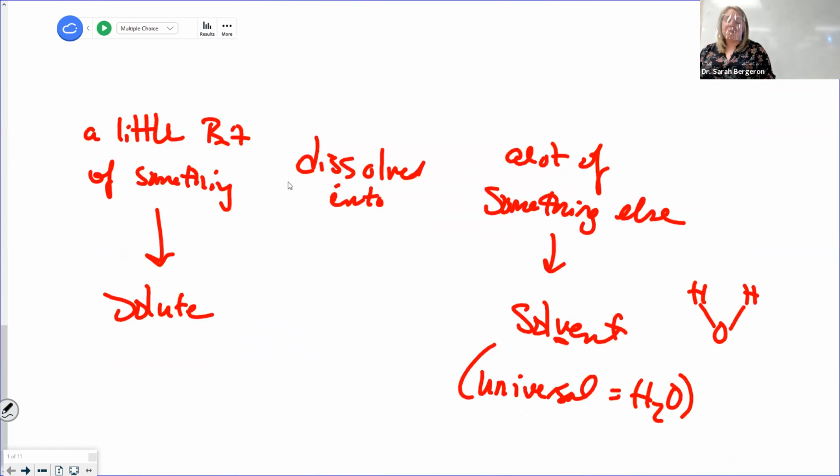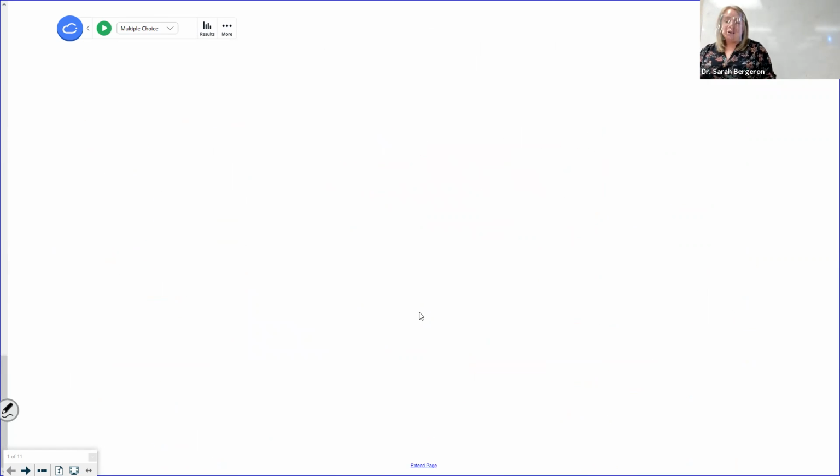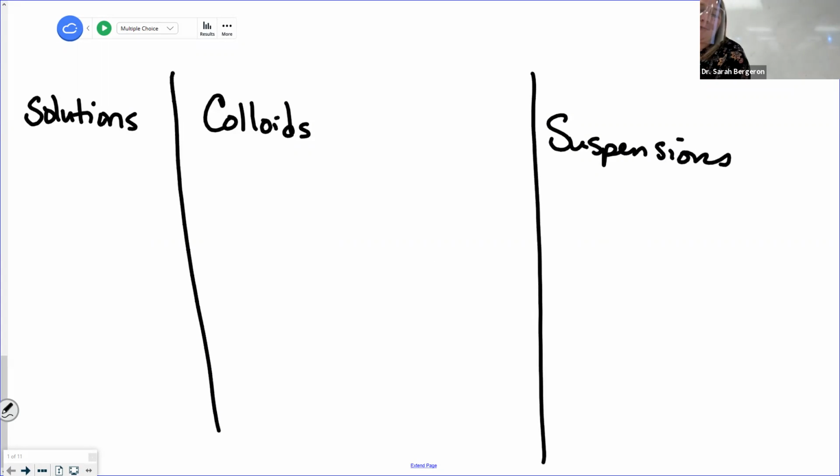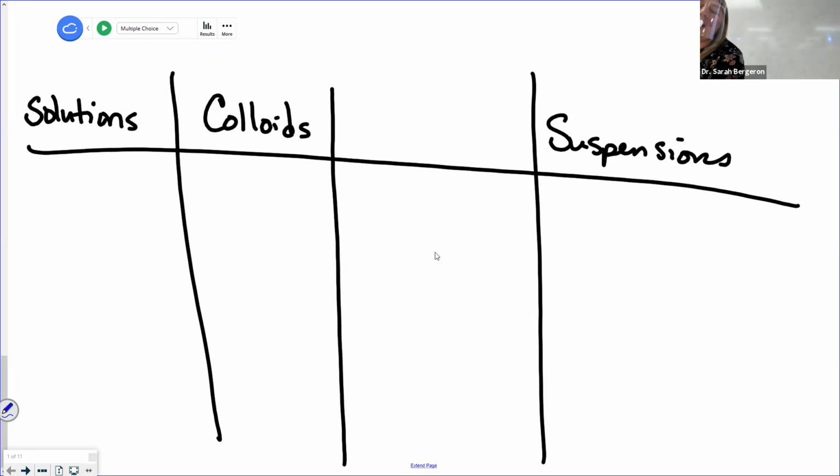Okay, now we got to talk about the different types of mixtures, right? What are my different types of mixtures? I have a couple of them. Solutions. What else? Colloids. What else? One more. Starts with an S. Suspensions. Now, I separated these for a reason this way, because I want this column to be both solutions and colloids,